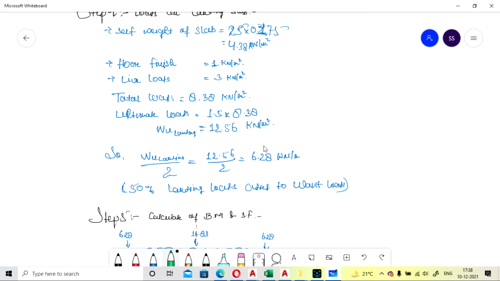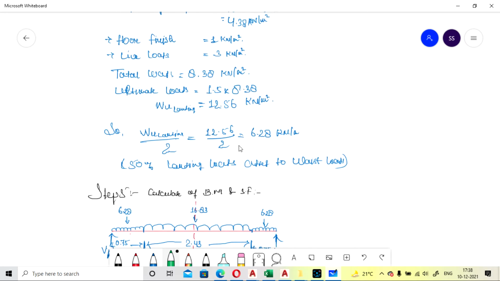That's why it is taken as one unit for the waist slab. So half of the load was transferred to the base slab. So here it is 12.53 the total load. If you divide by 2, it will come as 6.28 kilonewton per meter square. So 50% of landing load is added to the base slab.